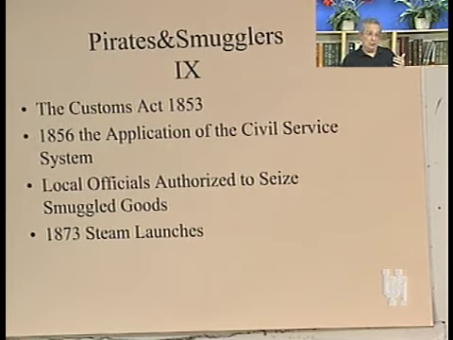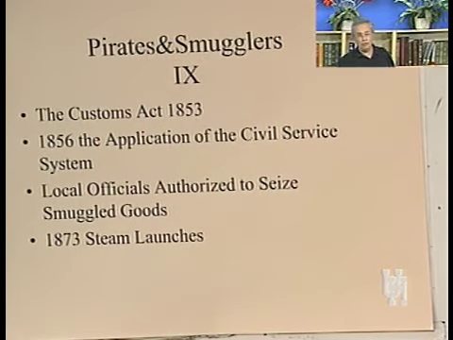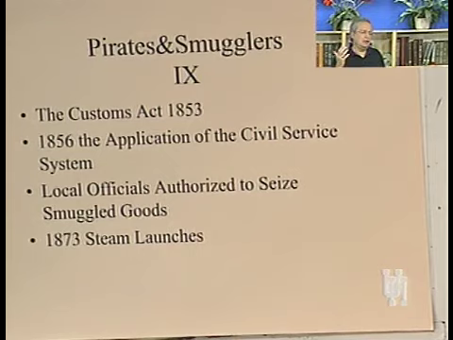But now, as bureaucratic efficiency improves, as the modern state emerges, so too can the modern state now, through more efficient officials at the local level, use them in addition to people officially assigned to the customs service to seize smuggled goods. So this means there are more people now that you can utilize in the ports and elsewhere to enforce the laws, and again, they face less traffic that is smuggled, so all in all, it's a far more efficient system. In 1873, one other step that's taken is the inclusion of steam launches, in other words, steam-powered vessels